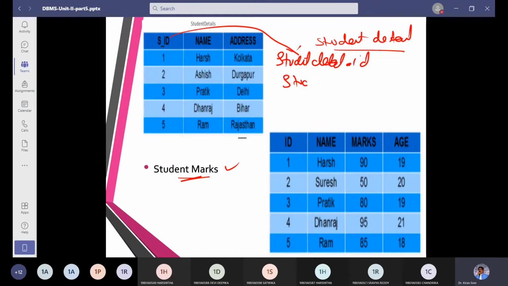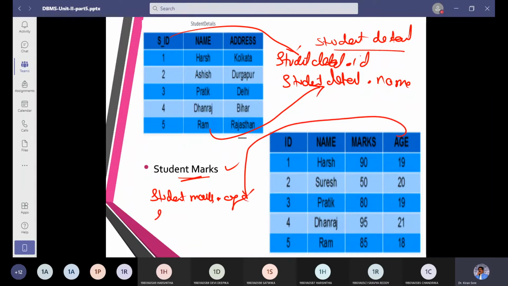If I write student detail dot name, this column will come. If I write student marks dot age, this column will come here. Student marks dot marks, if I write like this, marks will come.